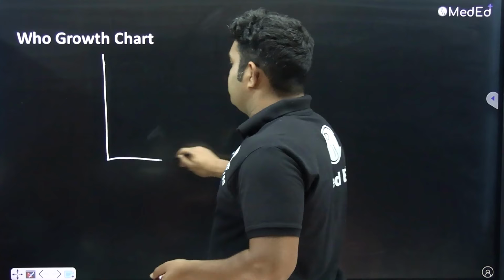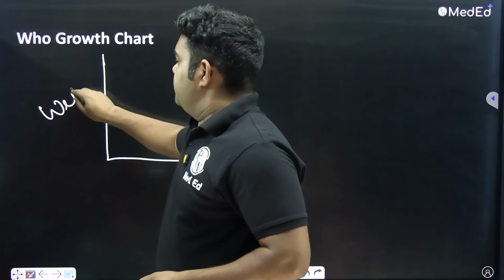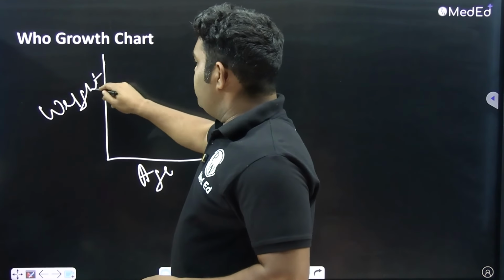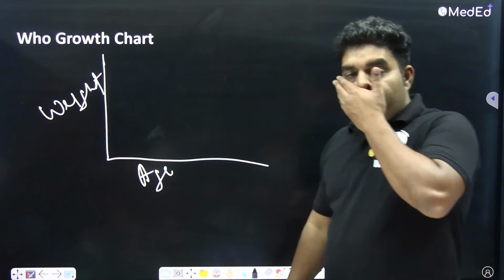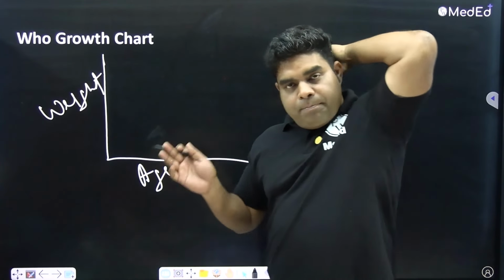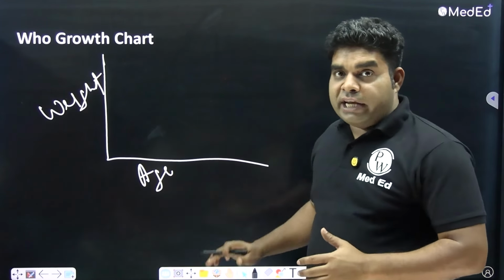In the WHO growth chart, which we have in Anganwadi, mostly we use weight for age. Why do we use weight for age? Why not weight for height, or height for age? We have growth charts for weight for height also, and height for age also. But in Anganwadi, we like to use weight for age because